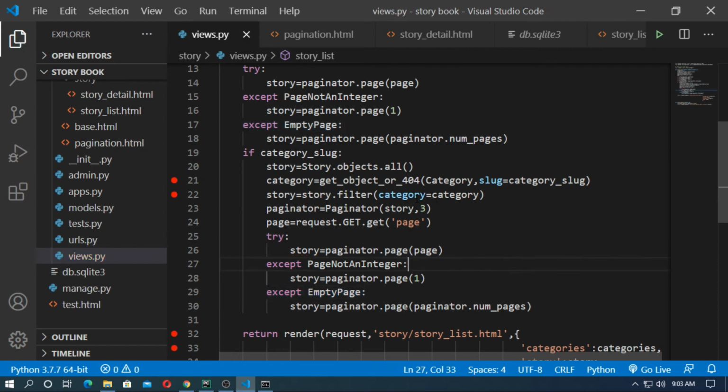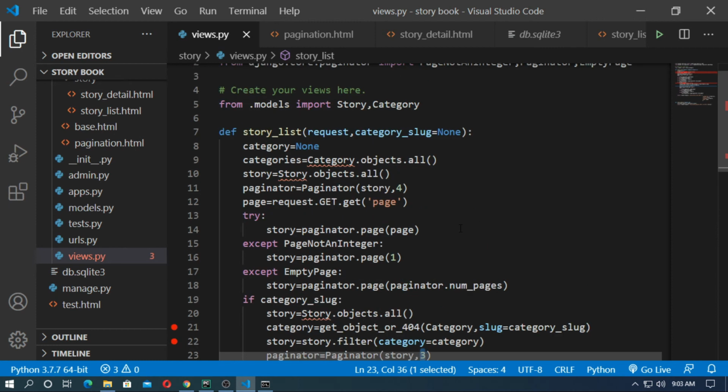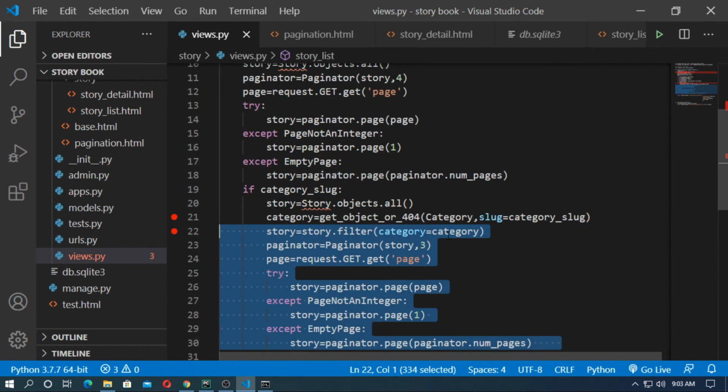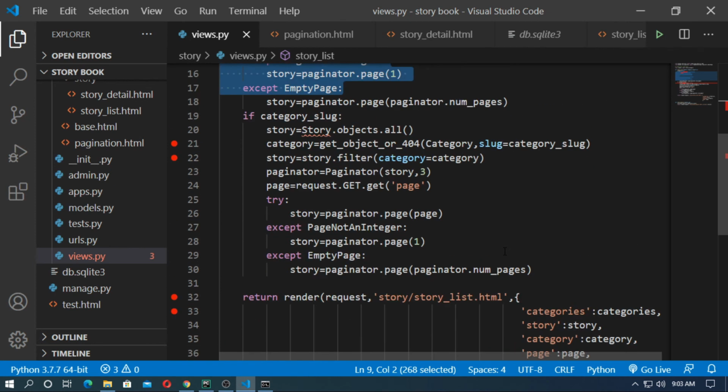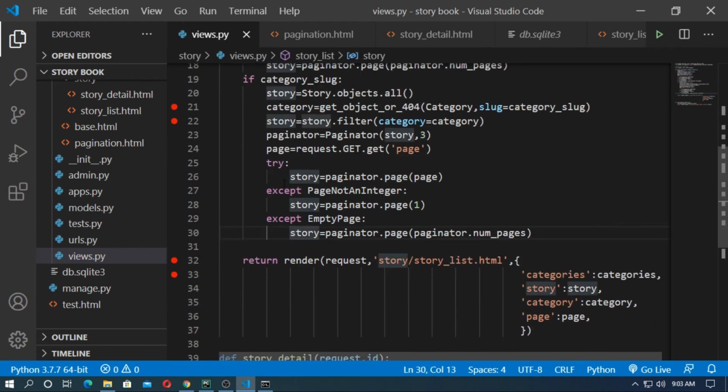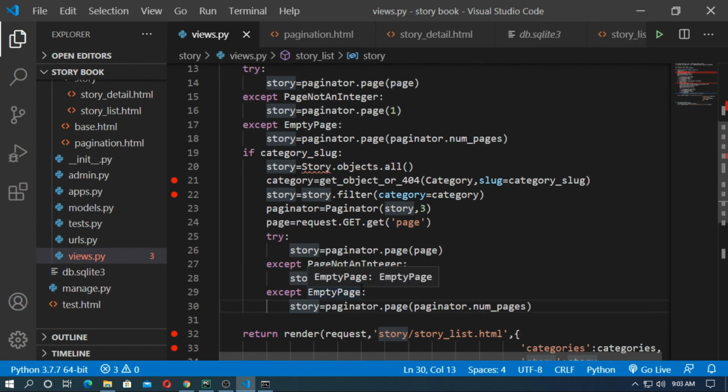So when any user clicks on any category flag, then I want each page to have 3 stories or 4 stories or 6 stories, whatever you want. But when any user goes to the landing page, meaning when any user does not select any category, then they will see 4 stories per page. The code remains the same. Okay, so just save it, and you already passed the page and story variable, so you do not need that.